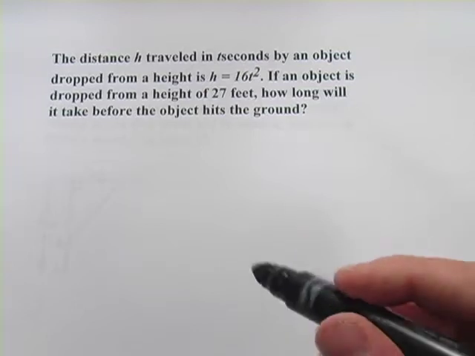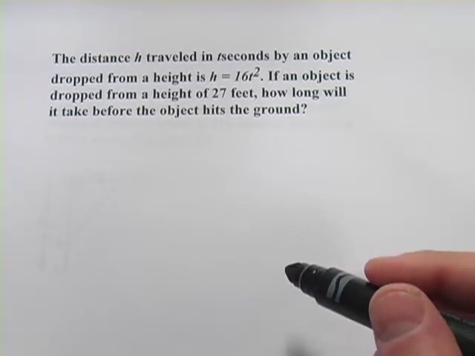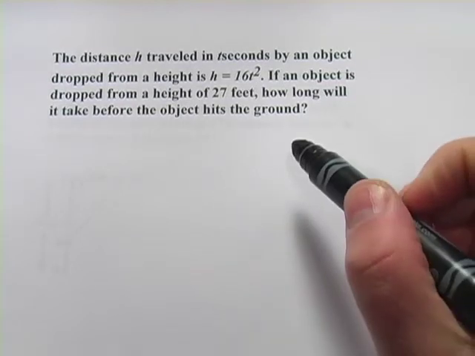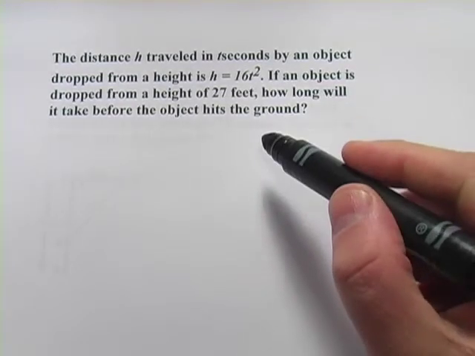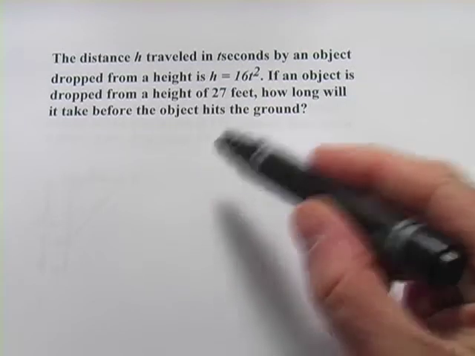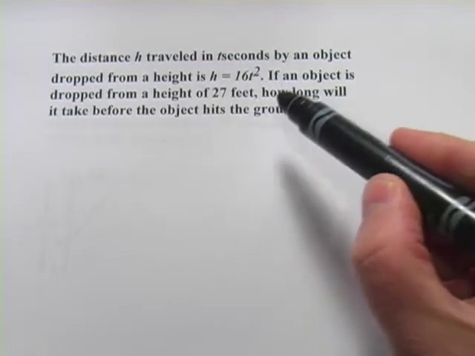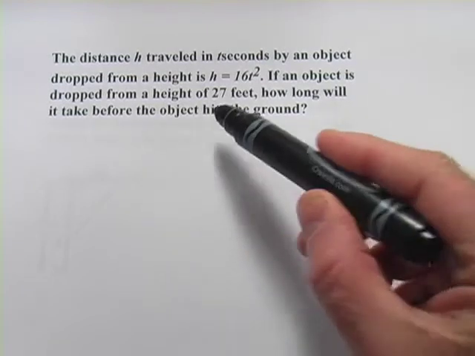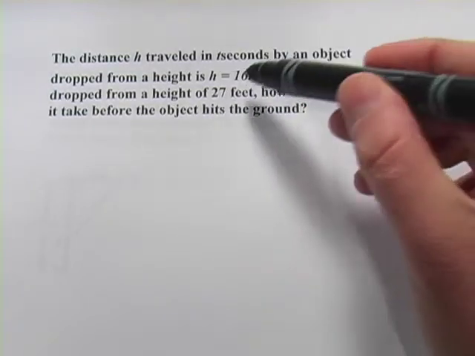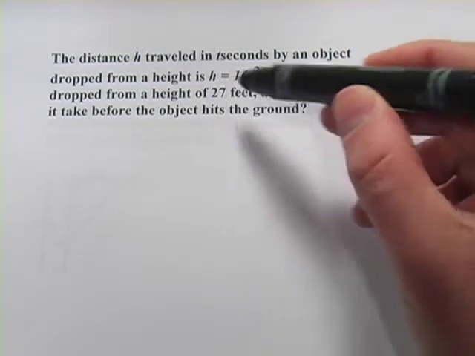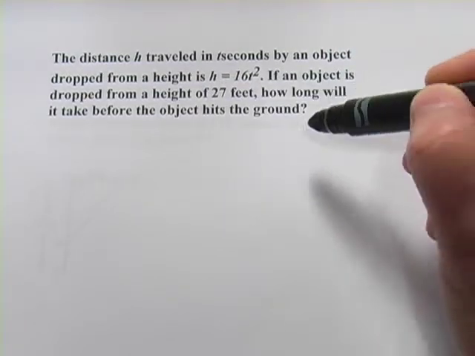Here we have some more word problems that involve quadratic equations. This first one is a pretty typical type of problem where you drop something and it accelerates to the ground due to gravity, and we want to know how long it takes before it hits the ground. It says here the distance h traveled in t seconds by an object dropped from a height is h equals 16t squared. If an object is dropped from a height of 27 feet, how long will it take before the